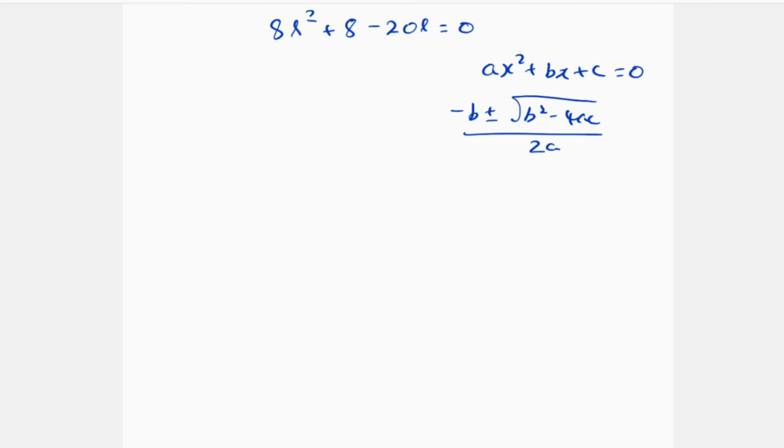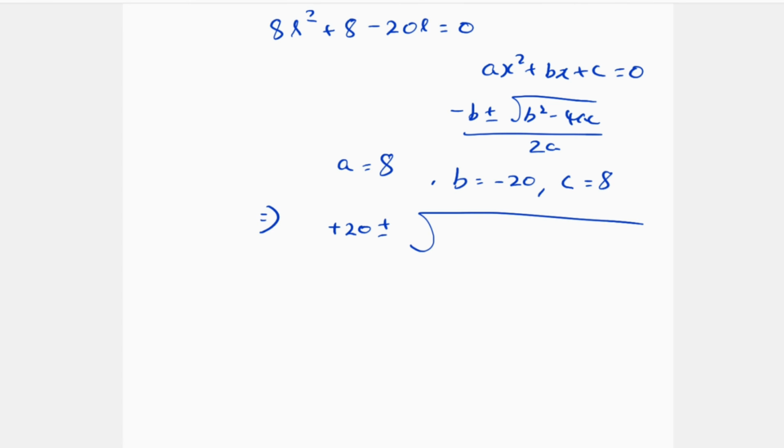Okay. So now, if you look here, the value of a, which is the coefficient of r square in this equation, is 8. The value of b is equal to the coefficient of r, which is minus 20. And the value of c, which is the constant, is plus 8. Substituting this in the quadratic formula, we are getting minus of minus 20 is plus 20 plus or minus root of minus 20 the whole square, which is 400, minus 4 into 8 into 8 divided by 2 multiplied by